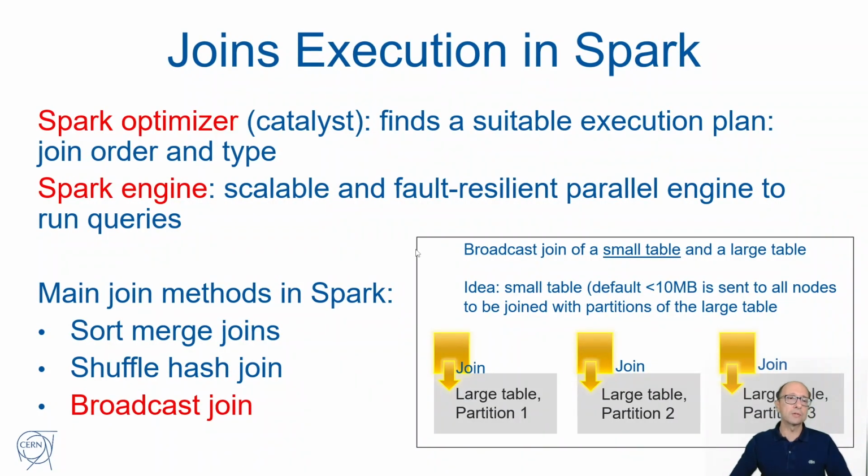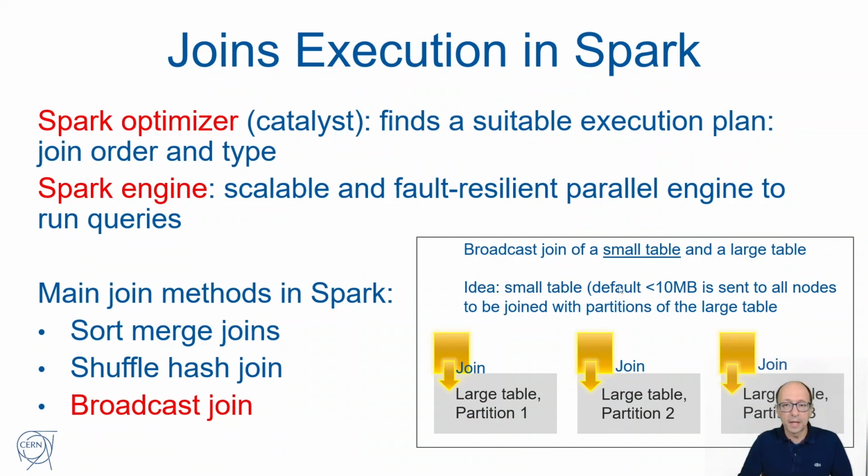So, joins execution in Spark. The Spark optimizer, Catalyst, will find a suitable execution plan for you, and the Spark engine will run it in a fault-resilient and parallel way. There are 3 main methods that I want to mention for joining in Spark: sort merge joins and shuffle hash joins. These 2 are used for joining large tables,